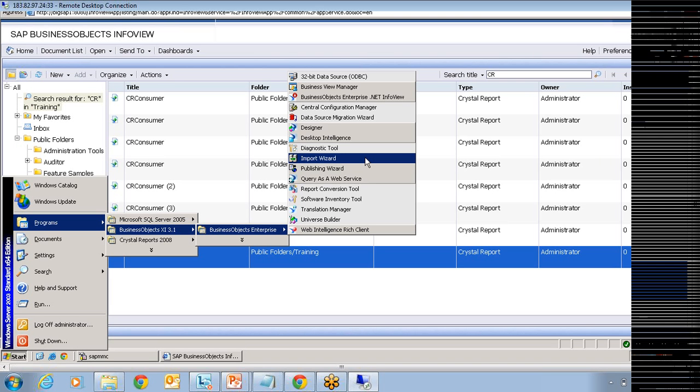So here, in order to move the content from one Business Objects server to the other, we are not going to develop the reports again in the Test Business Objects Server. Whatever we have in dev, we need to move that content to test. So to migrate the content, we need the Import Wizard tool.